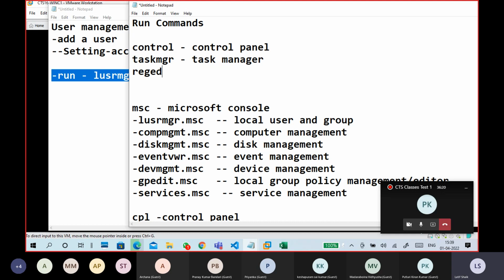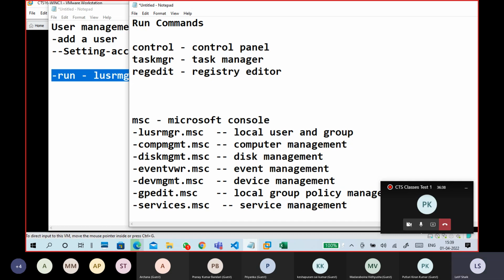Regedit is also .exe type. Okay, .exe directly, we don't need to put .exe. So regedit is a registry editor.